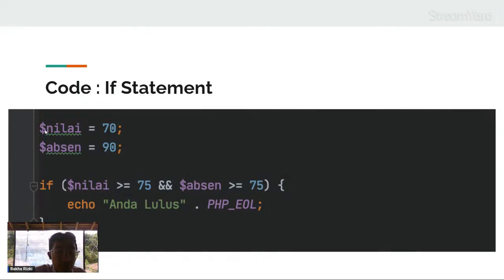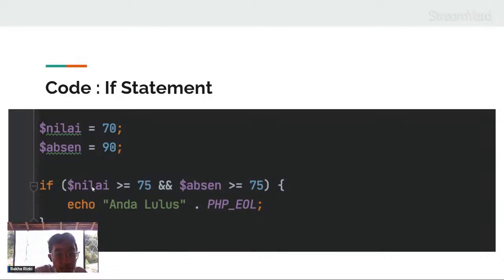We have two variables: the variable nilai has a score of 17, an integer, and absent has 19.